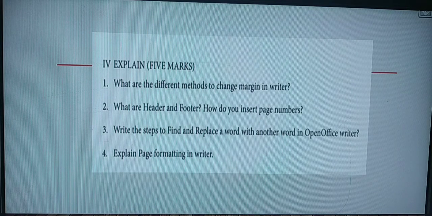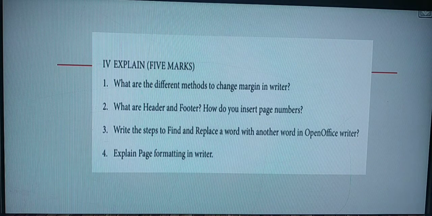There you have changing page margin. Mark the introduction paragraph, till where you have to go, then click on the OK button. Those are the 2 methods you have. Here, from here you will mark. That is, changing or setting page margins in OpenOffice Writer can be done in 2 ways. The first one is explained for you, that is, changing page margins using the ruler. And the next one is using the Page Style dialog box. So both of these you have to write down. So in your book it is on page number 84.